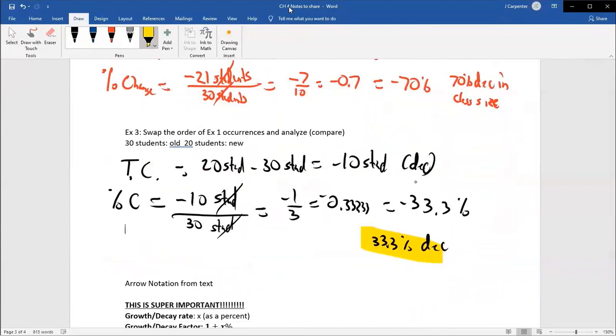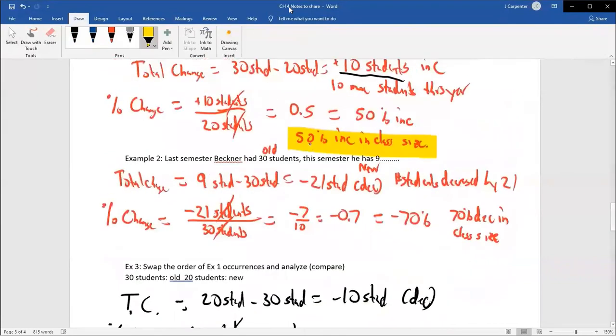And if you were to swap these two things, the same can be said of this 30 versus 9. We went from 30 to 9 and it was a 70% decrease. If we go from 9 to 30, that's going to end up being a really large increase. The difference is still 21, which will be doing 21 divided by 9 and converting it to a percent, which is 233% increase. So going from 30 to 9 is a 70% decrease. Going from 9 to 30 is a 233.3% increase. That feels significantly different.